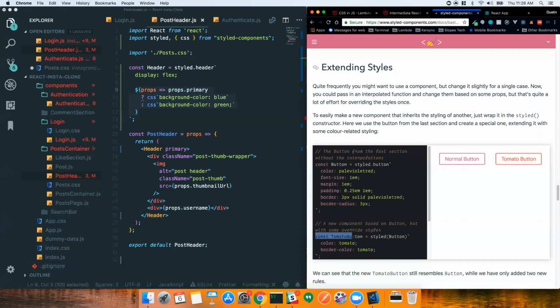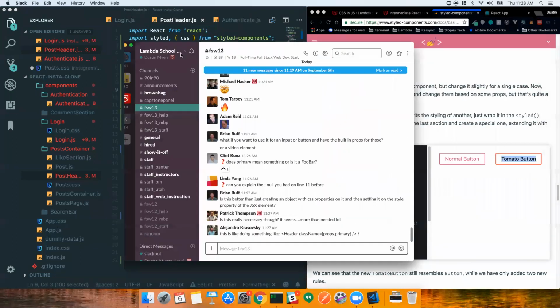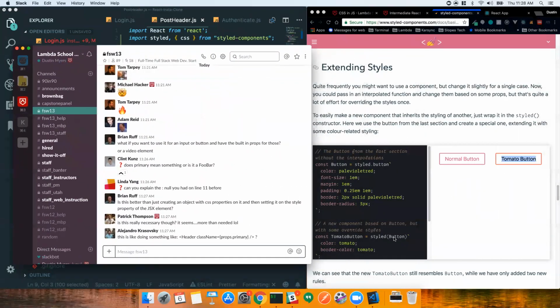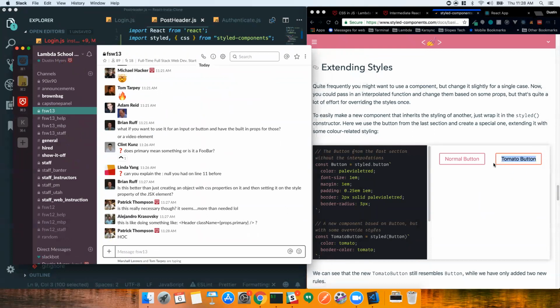So we create a new component and we pass this component into this function, and it's going to return this component over here. So what is that pattern called? If we have a component being passed into a function and being returned as a component,